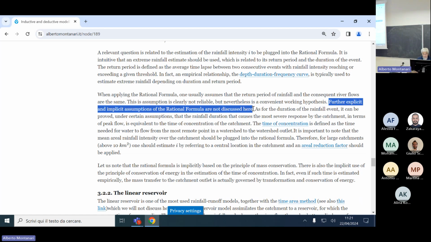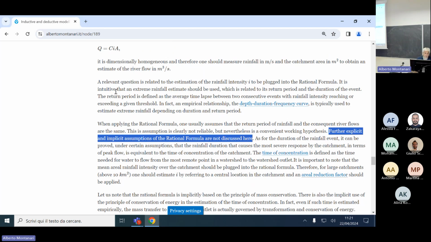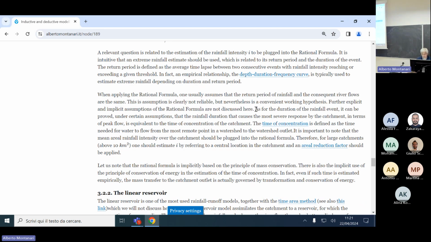discussed here. Okay, so I just want to say that there are other assumptions underlying the use of this formula, which we don't discuss here. If you want to look at them, look on the web, and there is plenty of information. I just want you, please, to remember, because you may get a question in the quiz like, what are the assumptions that we discussed of the rational formula, something like that. So equality of the return period, and